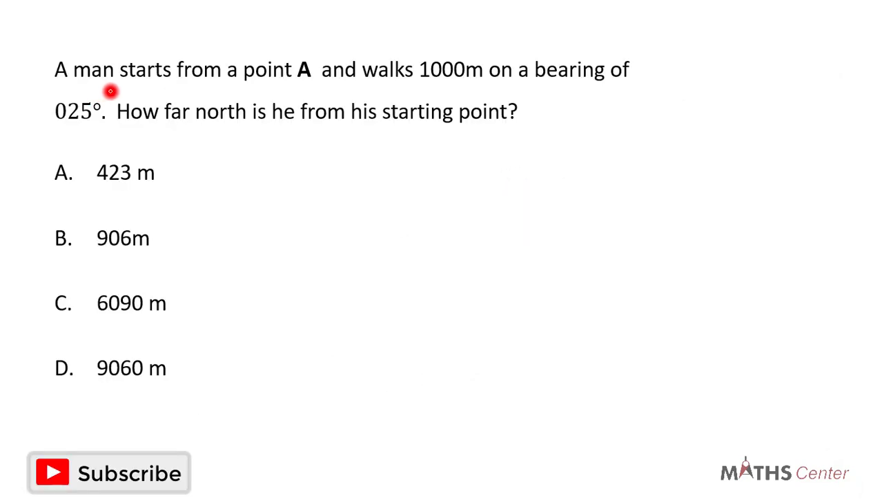A man starts from a point A and walks 1,000 meters on a bearing of 25 degrees. How far north is the man from his starting point? This is a multiple choice question, and so we will solve the question, and then after that we will pick